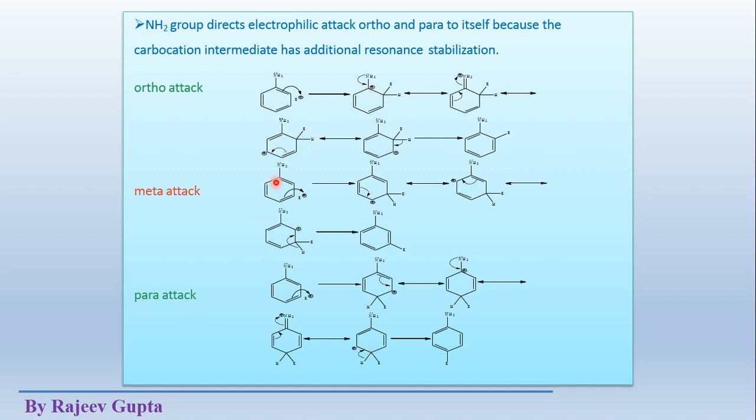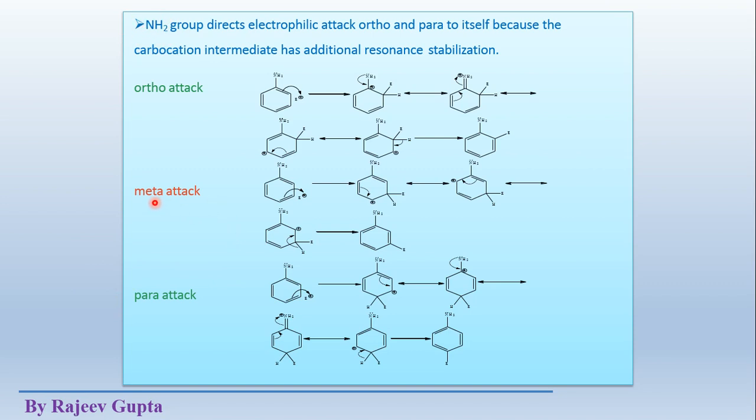See, in both ortho and para, these 3 resonating structures are exactly the same as we obtained for alkyl group substituent. But these two resonating structures are extra resonating structures which provide extra stability to this sigma complex. Okay, so due to this, ortho and para attack is favorable in case of these lone pair containing